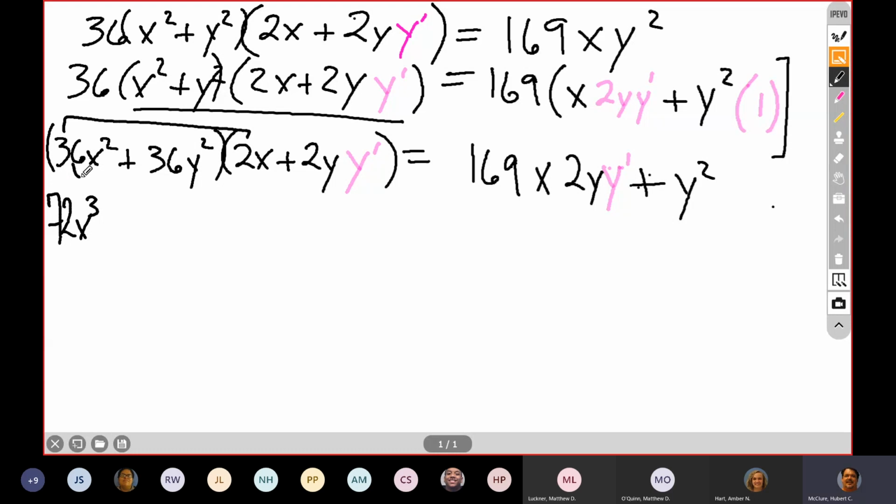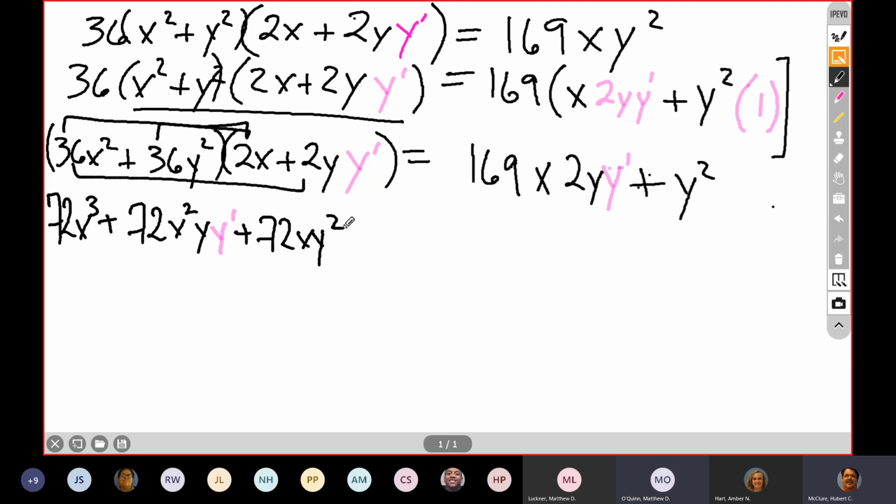And that's going to be outside 72 x squared y prime, inside is 72 xy squared, and then the last is 72 y cubed y prime, and y'all check me,